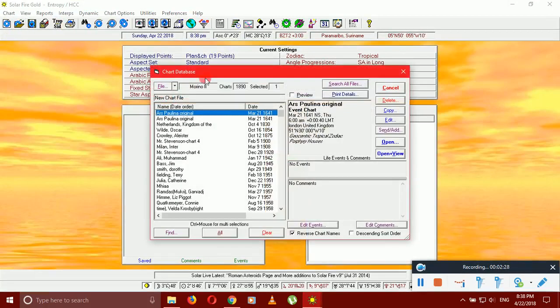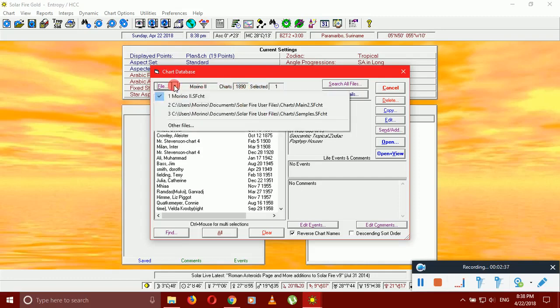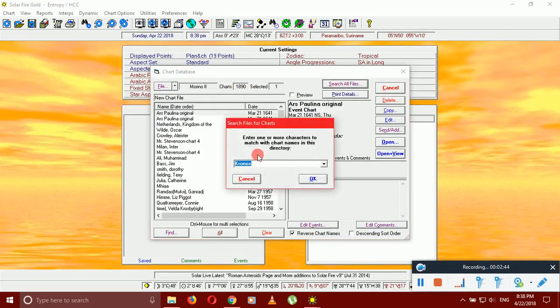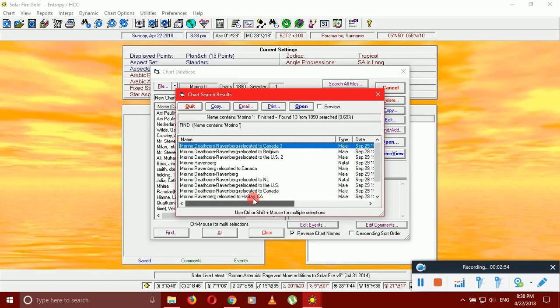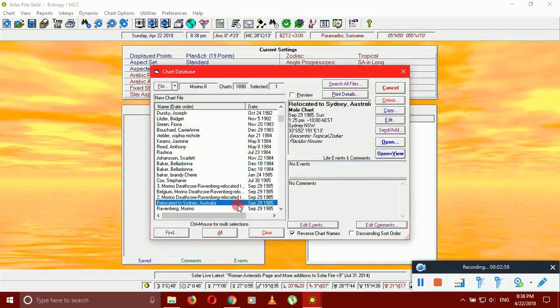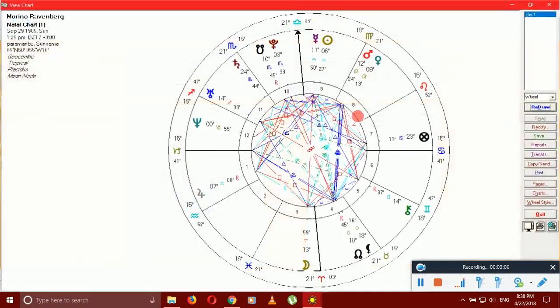It has a storage space where you can literally just store as many charts as you want. Up to this date, as you can see, I have 1890 charts. You can decide what kind of name you want to give it. As you can see here, these are several directories to which you can save it. You can search. If I want to search, for example, my own natal chart, I'm simply going to search, and you'll have a nice neat little window here that displays everything by type. This is my natal chart. The type says natal. You can simply look it up here, and I have my natal chart here.